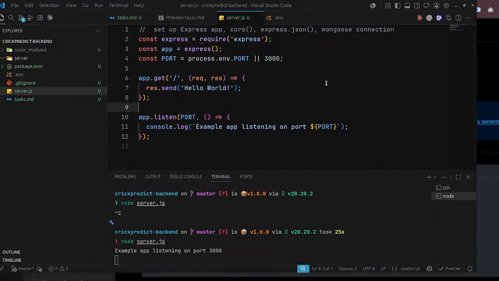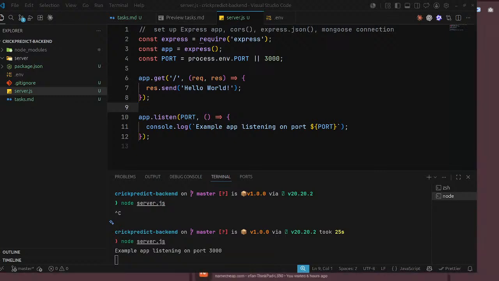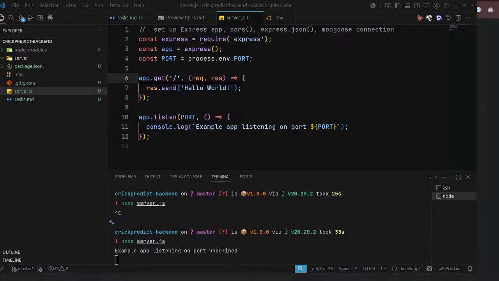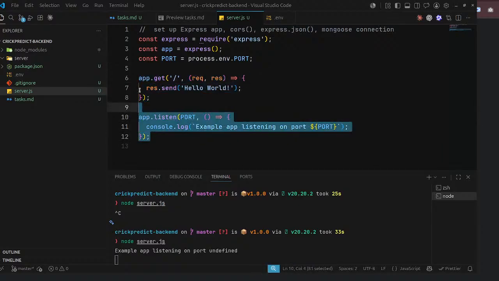The point is that I am still figuring out why it is not running. Actually, it is running. Localhost 5000. No, it's not processing from the env.